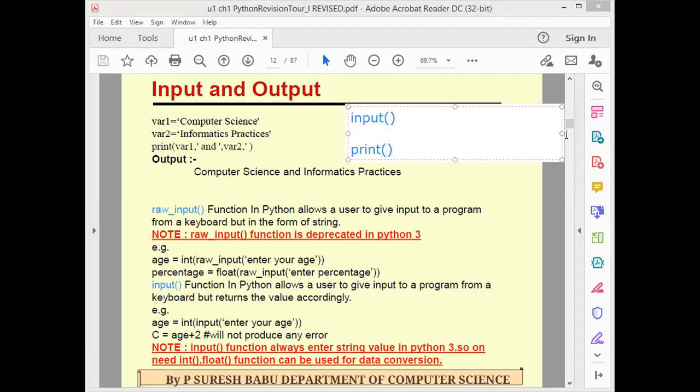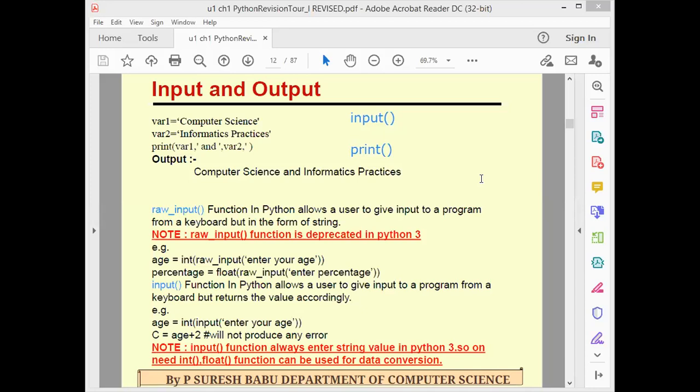Students understood? Yes, sir. Now I will also show you an example. In the 12th standard we have to understand all the topics, so I will explain everything in detail. No worries. If there is any doubt, you can ask again and again.